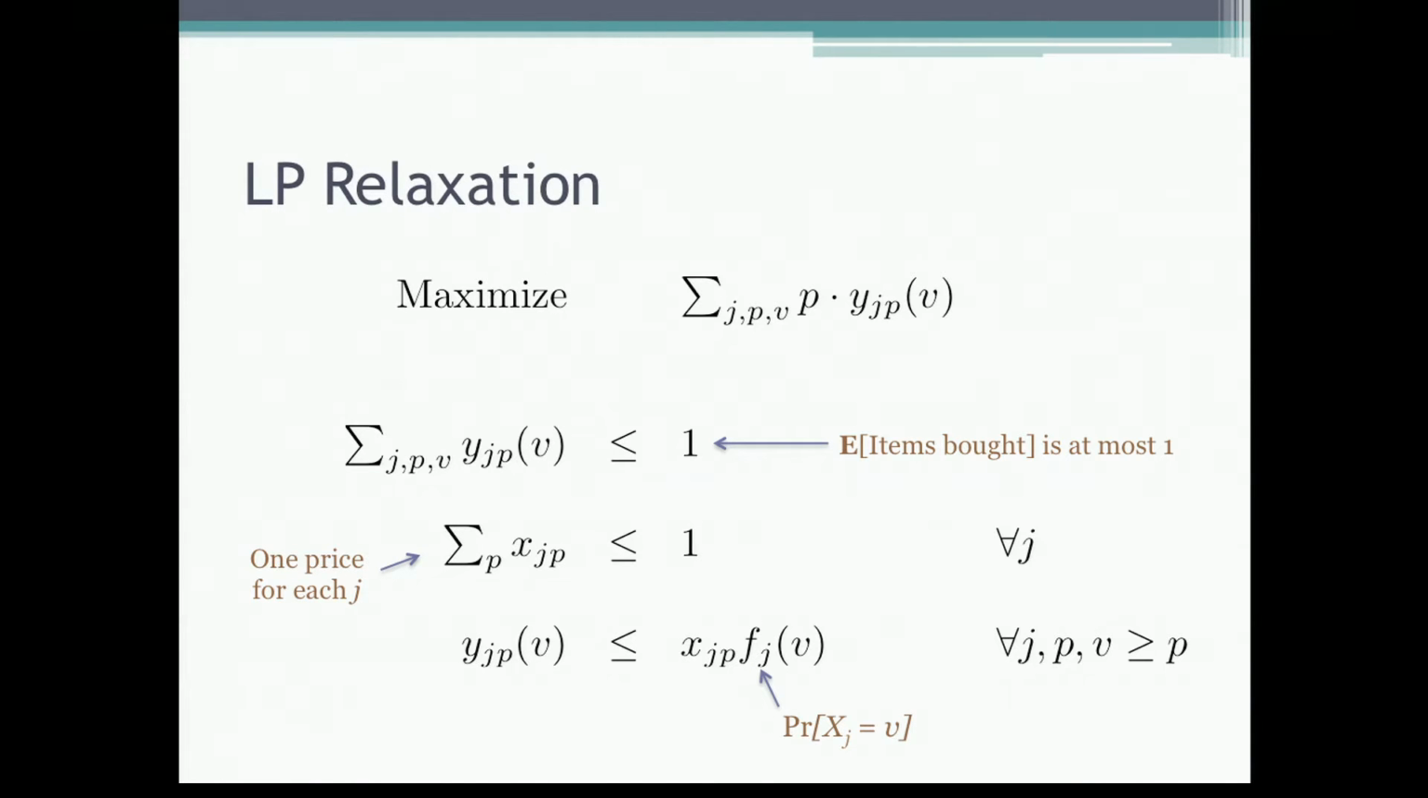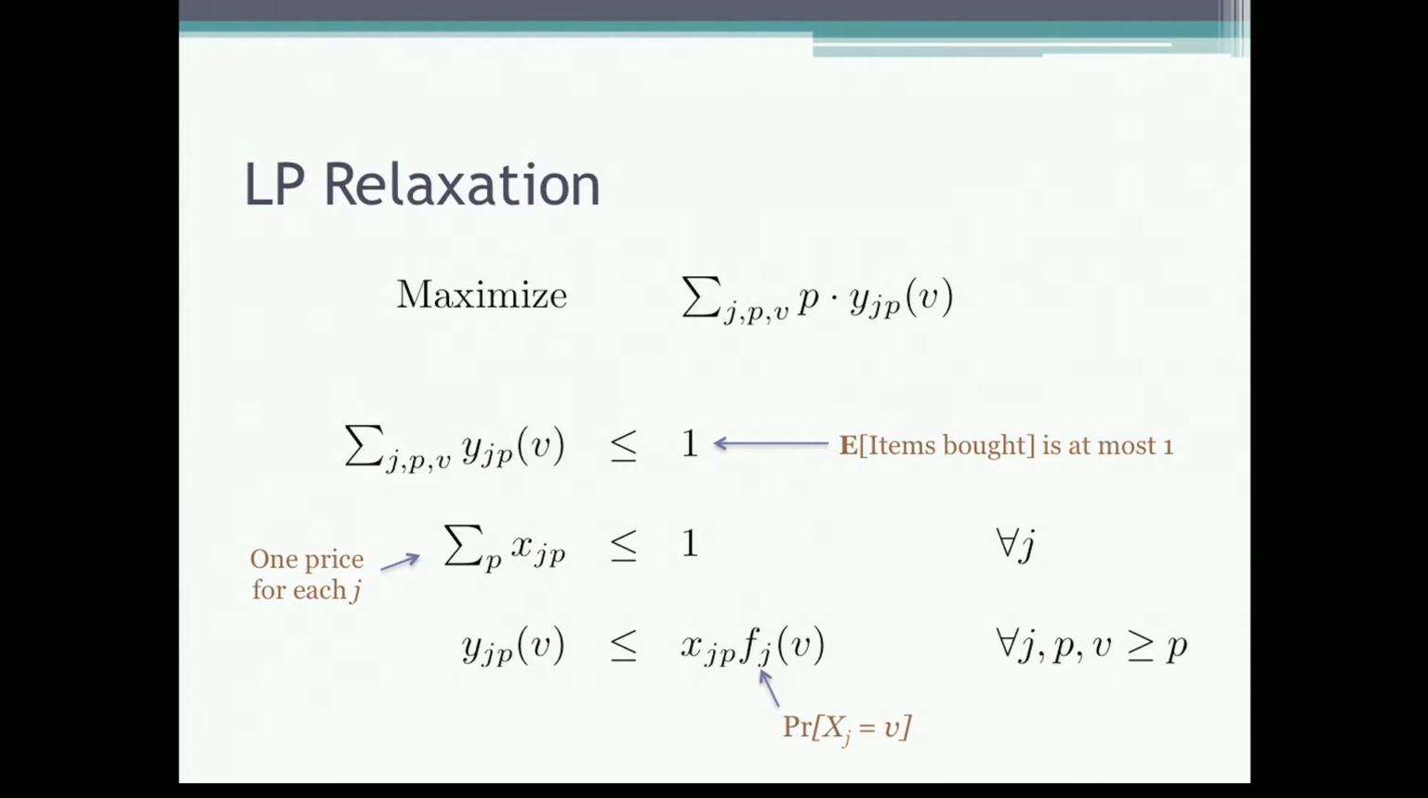That's it. It's a very simple LP. It appears that it's not really encoding anything at all. All it's saying is that the agent buys only one item. Items have only one price, and this is just a natural constraint which is written for all values bigger than the price. That's it. Turns out this is sufficient. This is all we need. And the way to see it is to say that, okay,